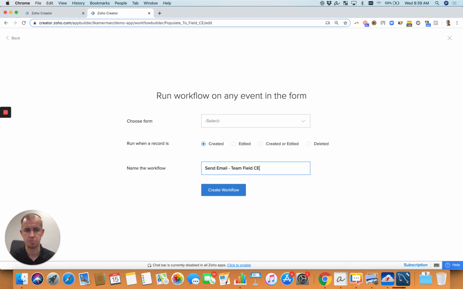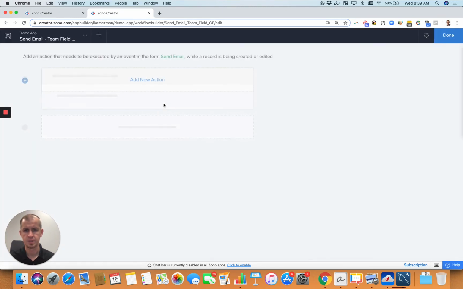And we like to put CE behind if we're going to make this script run on either create or edit to the form. And then you pick your form, send email, create the workflow,